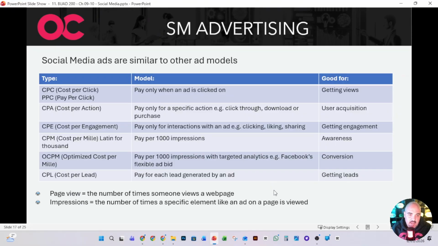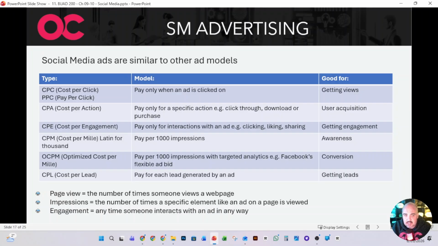Okay. Again, guys, we've brought this up a number of times, but the social media advertising model is quite similar to what you would see on a search engine for our SEM. Remember, search engine marketing. So we've got the same types of models here. We've got cost per click, cost per action, per engagement. We could do it per mille, so 1,000 impressions.